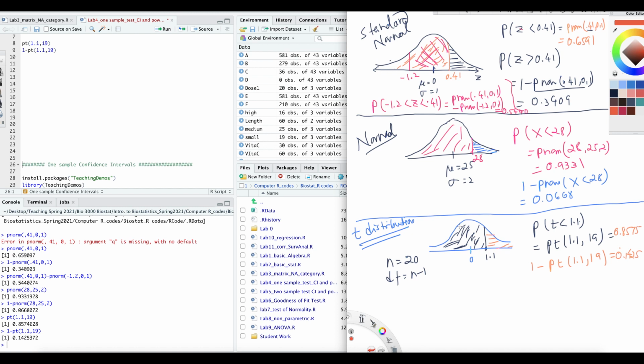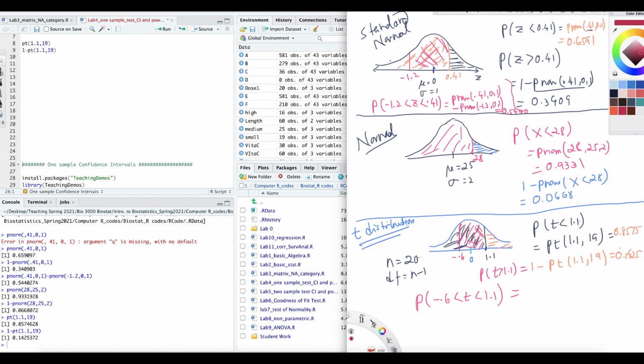Similarly, suppose you want to know the area between the two curves, let's say the area between the two t values. If you want to know these values, what do you do? Let's say this is negative 0.6, okay. In that case, how do you find that? By the way, this one is the probability of t greater than 1.1. So if you want P of negative 0.6 less than t less than 1.1, you find